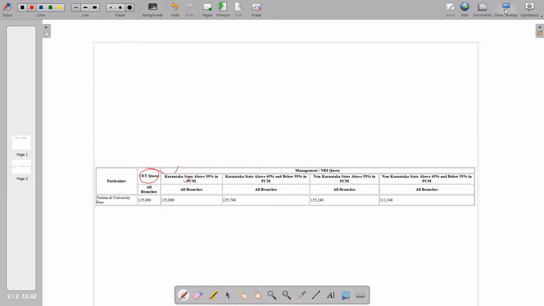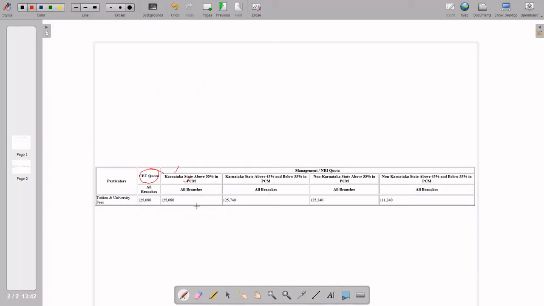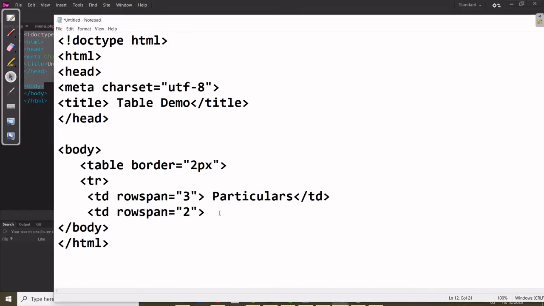So in that case, another td, and there you can add merging of the two rows. So rowspan equal to 2, and then the statement you can see here is CET quota. Then close the td here.